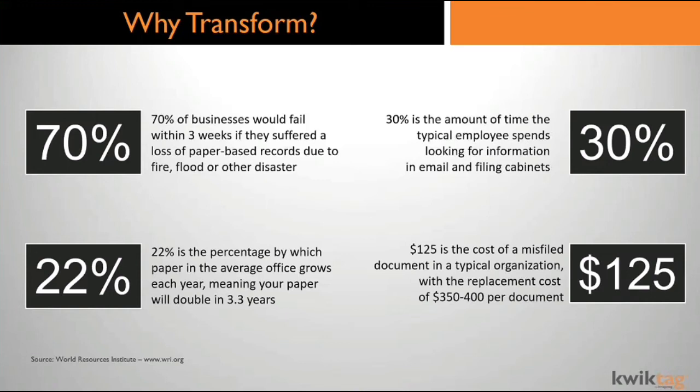And if they can't find it, it's been lost, misplaced, not filed correctly, or whatever. Now you have to go back to the source and say, "You know what, could you resend that to me?" And in addition to the frustration that that vendor experiences, you're also now creating some sort of ill will with your organization because they need to know that they can trust that when they send you something it's getting to the right person. So $125 is the cost of a misfiled document, and then that cost goes up to $350